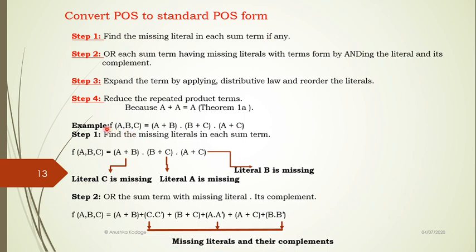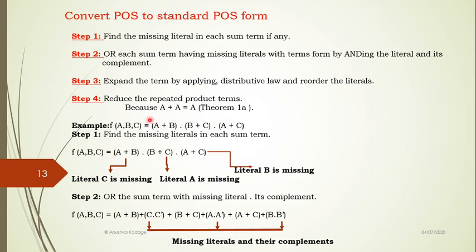Let's check out the given expression here. Instead of the product terms, the individual terms are now the ORing terms, that is, sum terms: a plus b, b plus c and a plus c again. And ANDing of those has happened, while in SOP, at the second level, we were having the ORing operation.